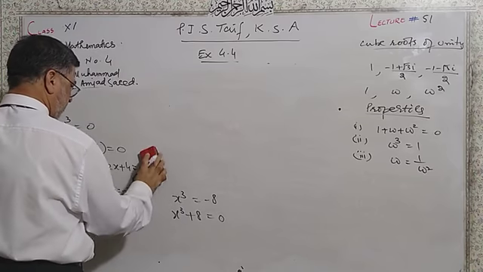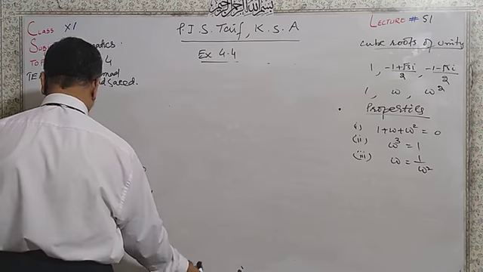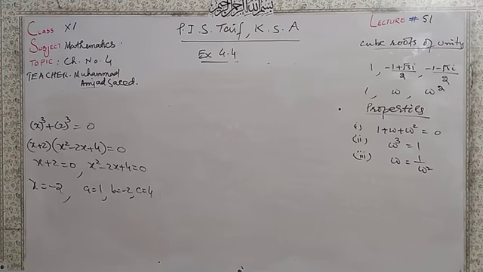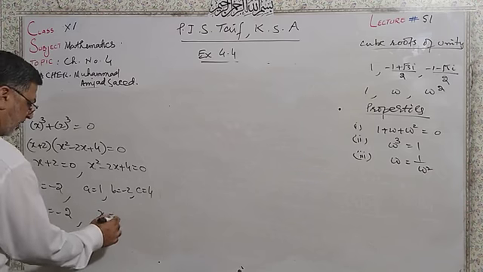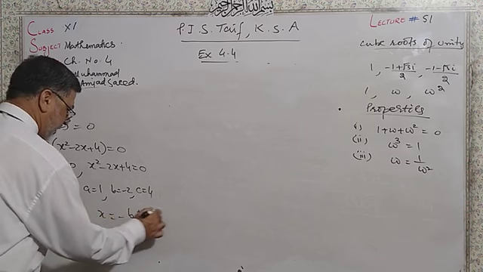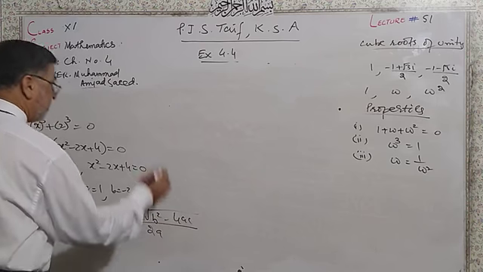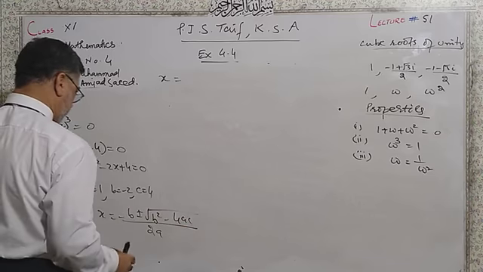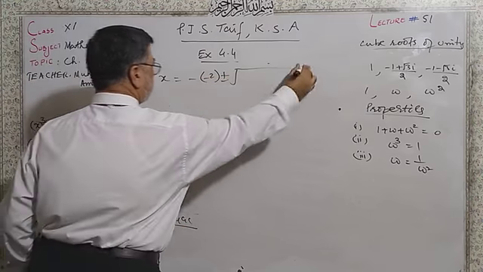Dear students, we are solving the cube roots of -8. So x is equal to -2, and we apply the quadratic formula here. x is equal to (-b ± √(b² - 4ac)) / 2a. That is x is equal to -(-2) ±